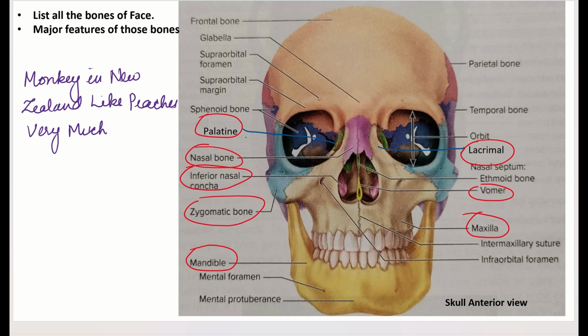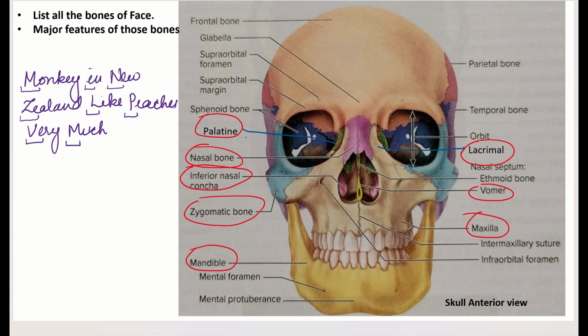So you can use the first letter of each word, that is M. M for maxilla, I for inferior nasal concha, N for nasal bone, Z for zygomatic bone, L for lacrimal, P for palatine, V for vomer, and M for